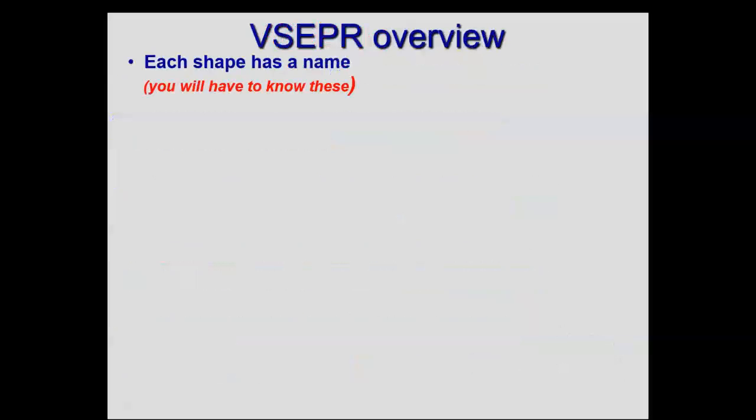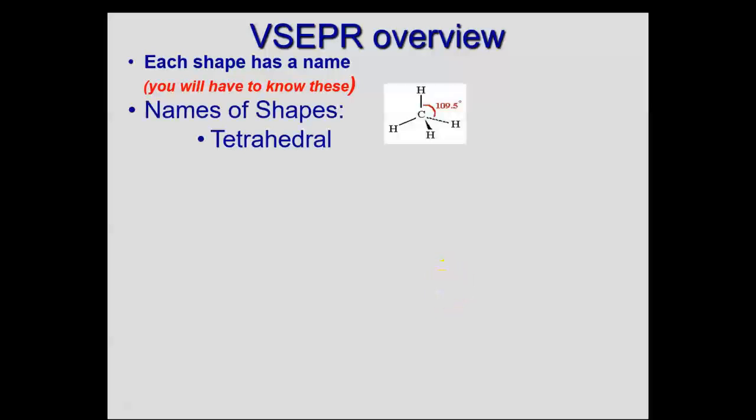So, each shape has a name, and you will need to memorize these if you haven't already. The names of the shapes, we start with tetrahedral. Now, you can see 1, 2, 3, 4 electron pairs. They're all bond pairs, and tetra, of course, is Greek for 4. So, 4 pairs. The electron shape, or the electron configuration around the central atom, is tetrahedral, and the bond angle